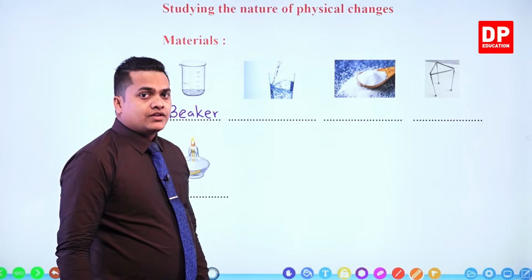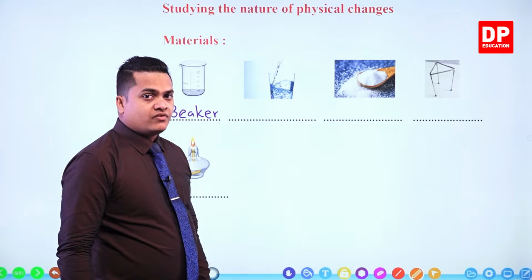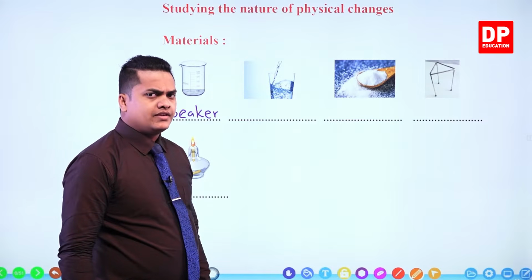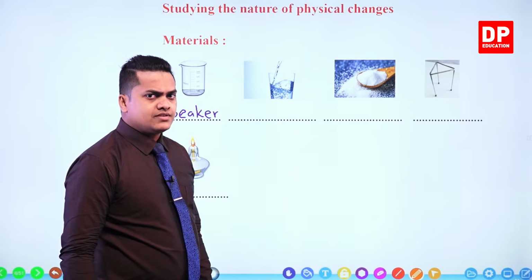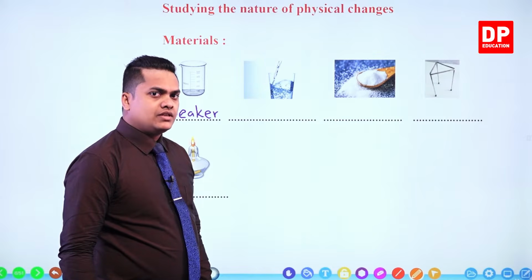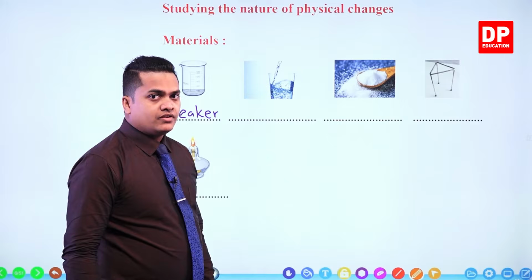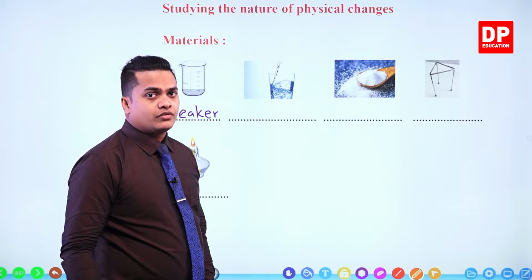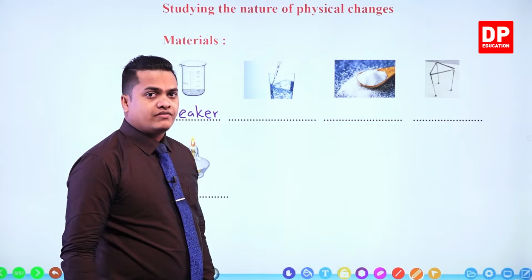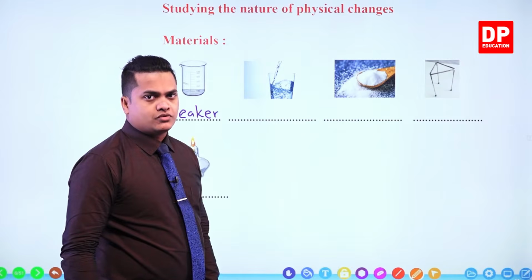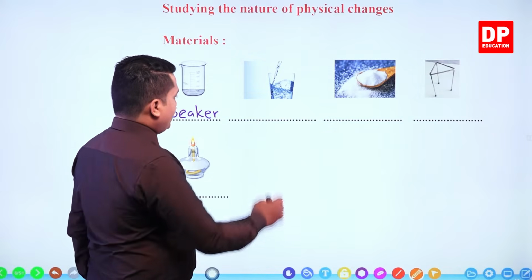It's okay to have a smaller beaker, or else a boiling tube is also fine, no problem at all. Here we are going to heat a certain substance, so a beaker that can be heated up to a certain extent. If you can't find a beaker, then you can get a boiling tube also. Then we'll be needing water,